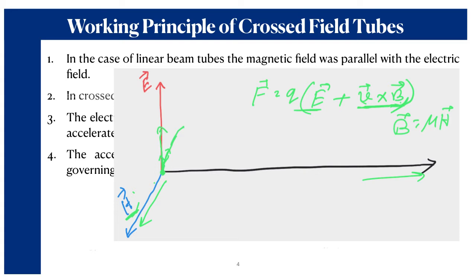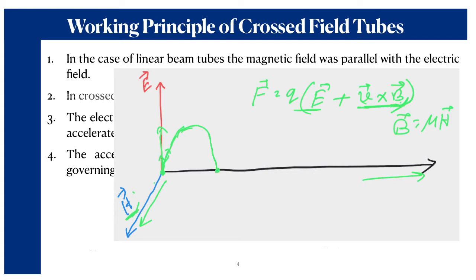So in this way the particle gets bent around and finally it travels in the opposite direction to the direction of the electric field. And when the direction of the particle gets reversed, then the force due to the electric field appears opposite to the direction of the motion of the particle. As a result, the particle gets decelerated in this direction and finally it will reach a particular position where its velocity will be 0 again.